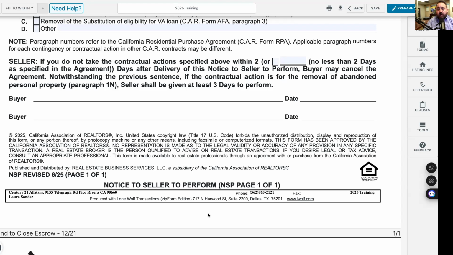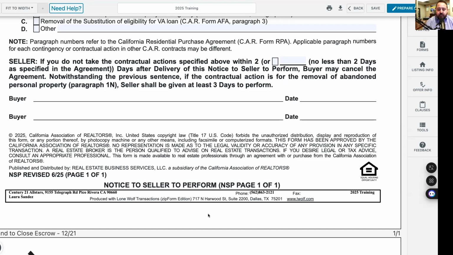So let's try moving forward. Okay, great. What we're going to do is give them an extension of time in writing to a specific date, right? Now, note, if they agree to that extension, I would have to send another notice to perform if they don't perform based on the extension. But what I want is some level of proof that my seller told me to move forward. Now, if you don't want to do the extension, what you could do is send an email to your seller,